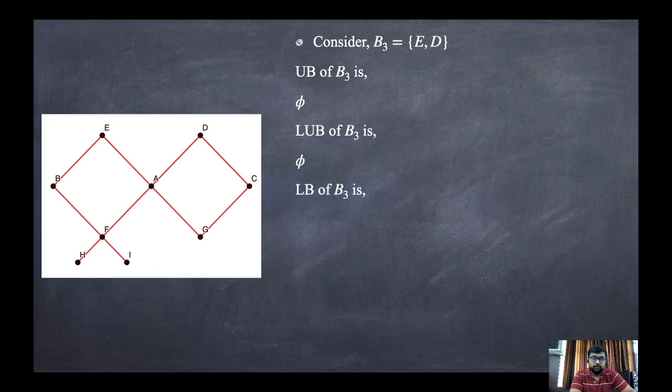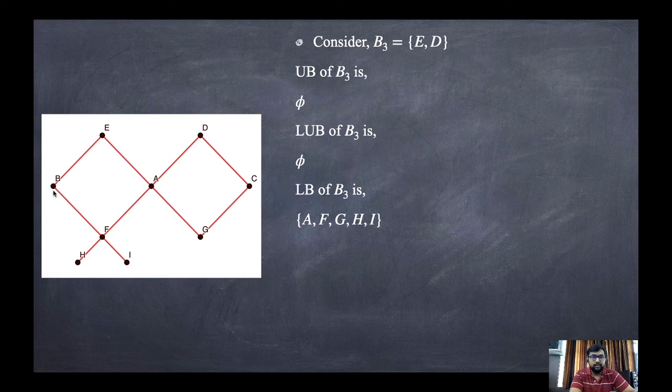Now for the lower bound. Okay. Now, which are the lower bounds? Or first, which are the lower points? So A, B, C, G, F, H, and I. So I think all will be the lower bound. That's A, F, G, H, I. B and C cannot be the lower bound.